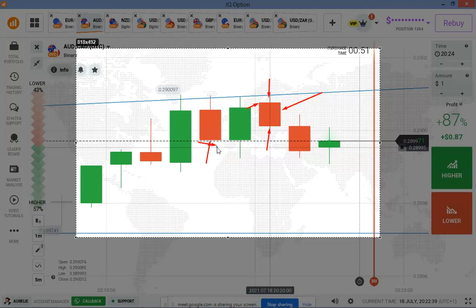So we can't say this one is weak. The sellers are very strong here. The sellers are still strong here, but there's no rejection. No rejection makes them become stronger. But this bullish candle is still stronger than the seller's candle here. So that is why buyers entered. Then when buyers entered, we have rejection.